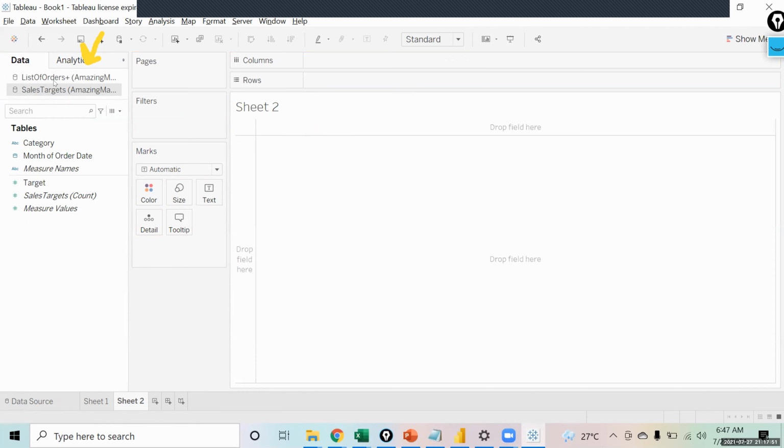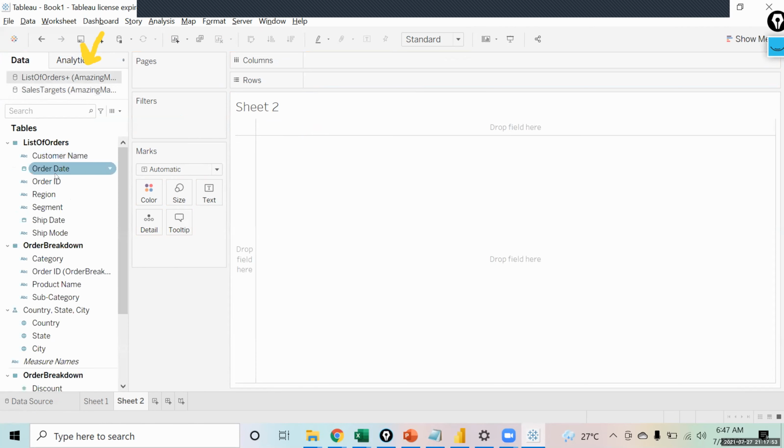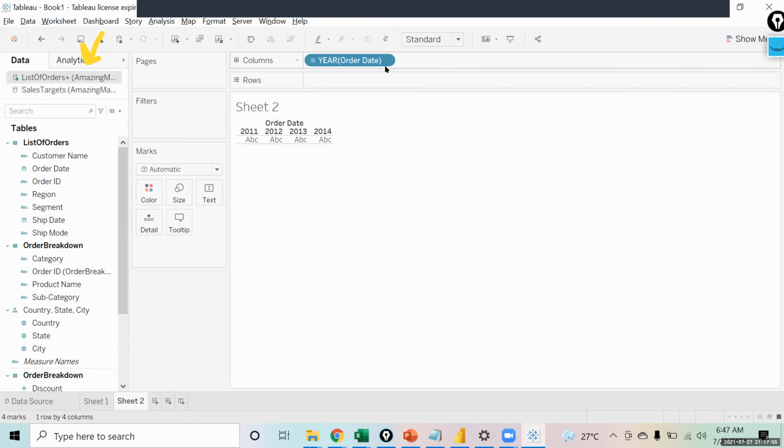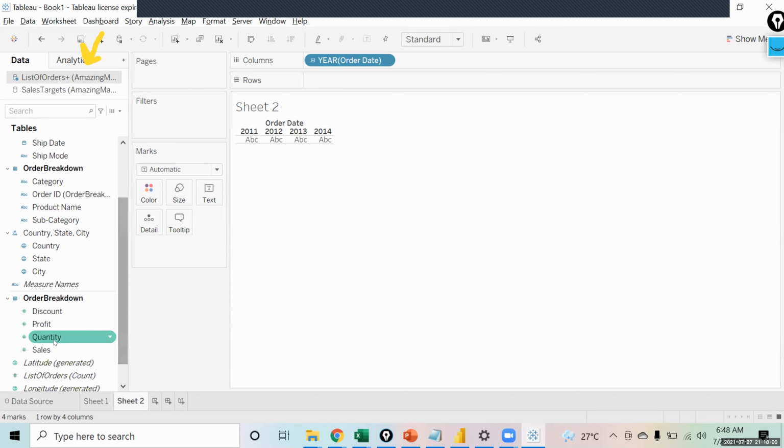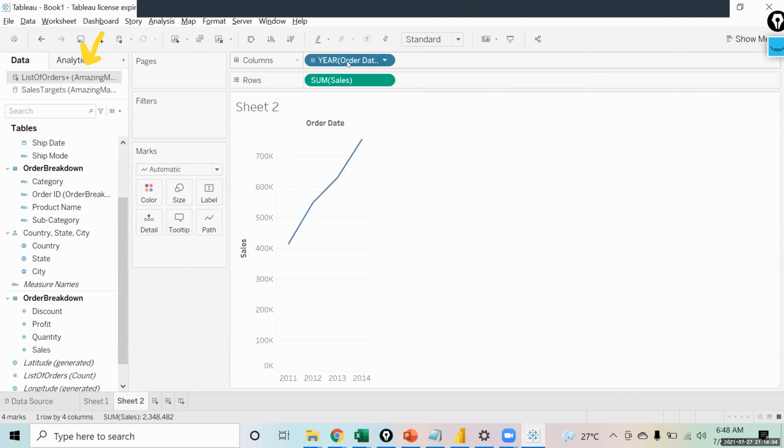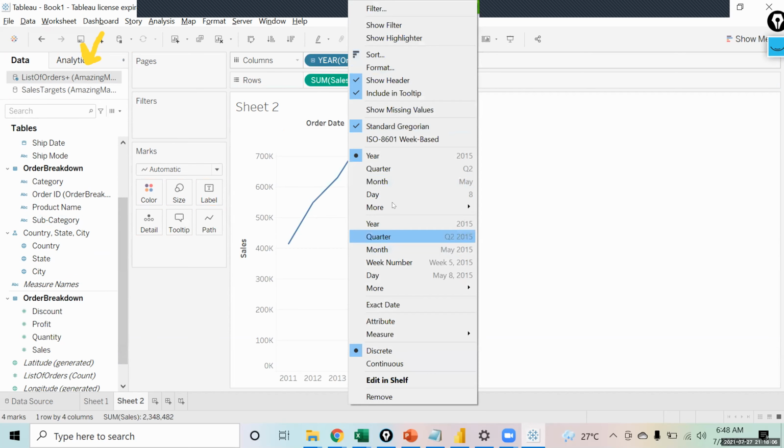So I'll keep the first one as primary, and let's bring order date over here, and then also bring the sales over here. Okay, so now this is a normal chart. There is nothing different that we have done in this.